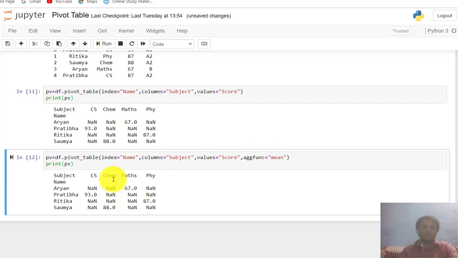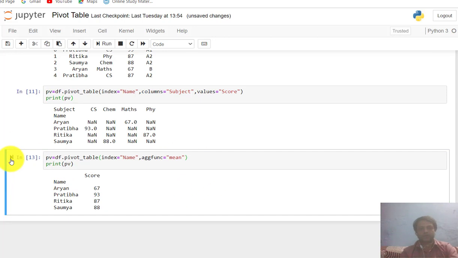If you want to see only the mean operation, here it is showing NaN values also, but if you want to see only the mean of the scores, simple, you do not want to see the subject, so just remove these arguments. Clear? I am removing all these arguments.